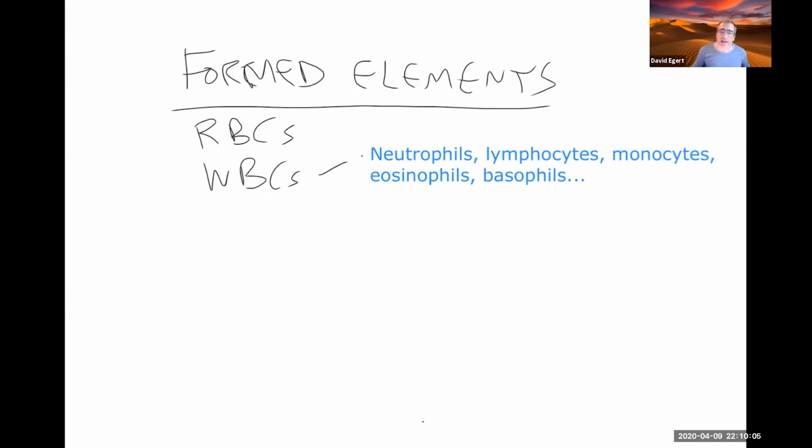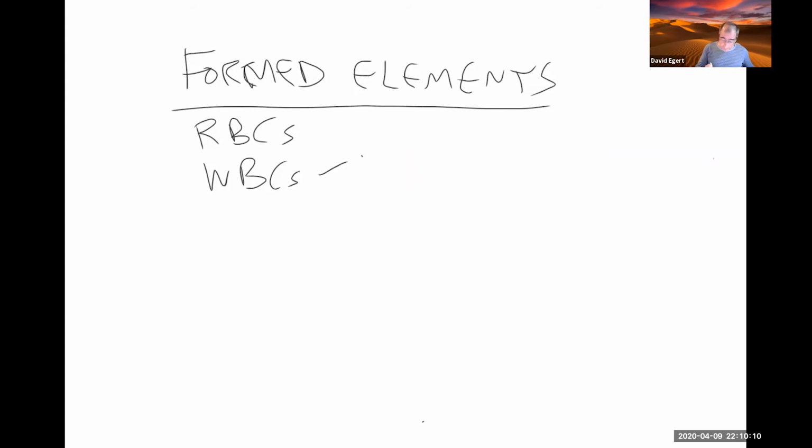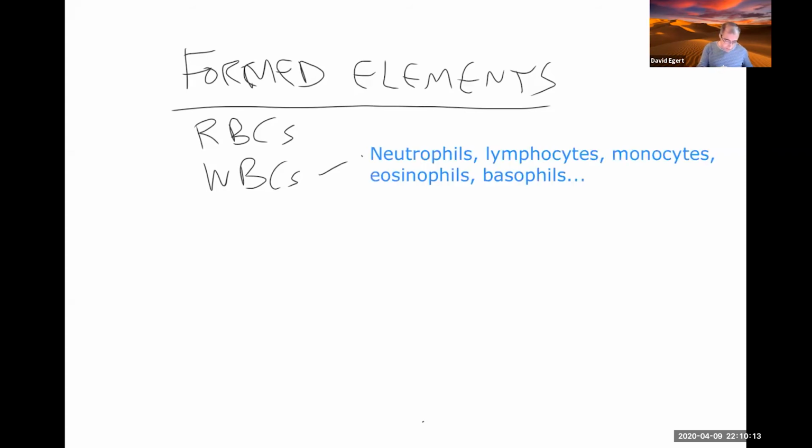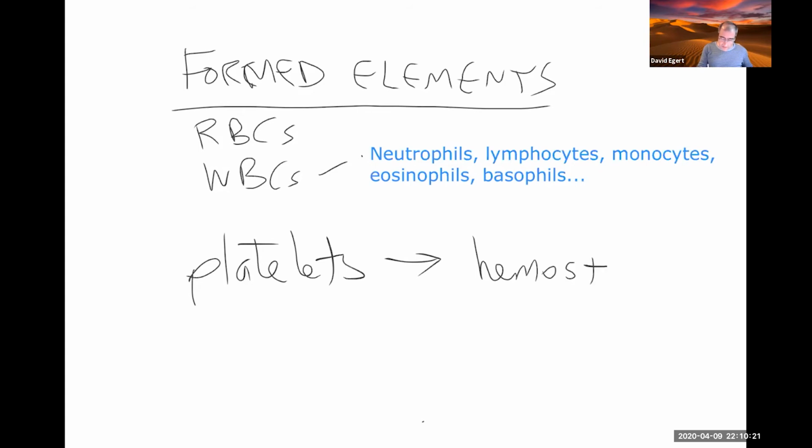But then there's one last thing that's called a platelet, which isn't really a cell. So let's look at the platelets. These are for what we call hemostasis, which means stopping the blood from leaking out if you have a tear in your blood vessel. So platelets basically are monitoring the structural integrity of the blood vessel. I'll talk about that in just a moment a little more, but first let's talk about them just in terms